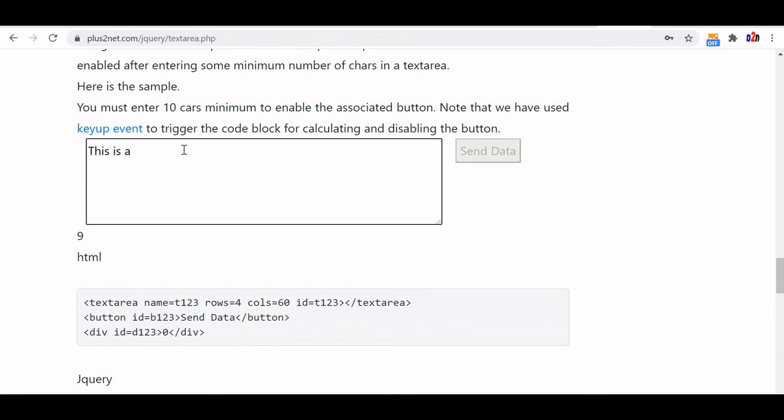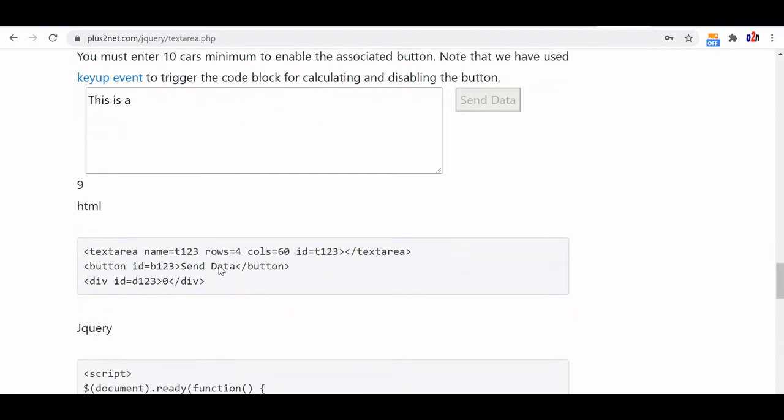This is how one of the applications of what we have learned from our button program adds functionality to a button. This is one example of it. So this monitors the number of characters entered by the user, and as soon as it reaches 10, it enables it. Before that, we can also add a message, like minimum 10, or now it is available for submit, whatever UI you want. So this is how this is done.